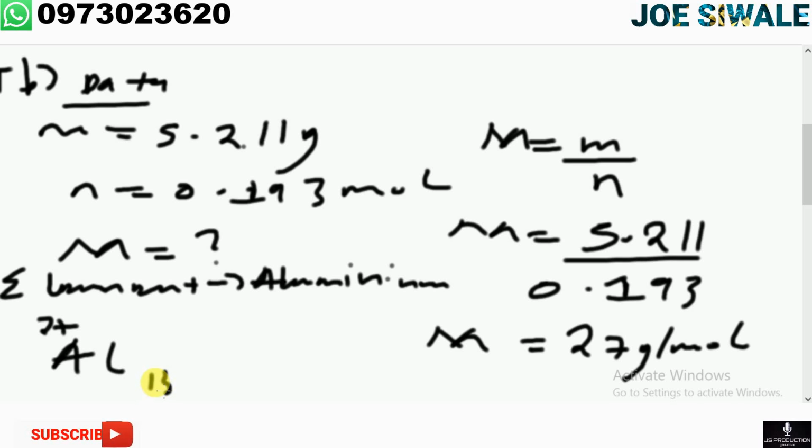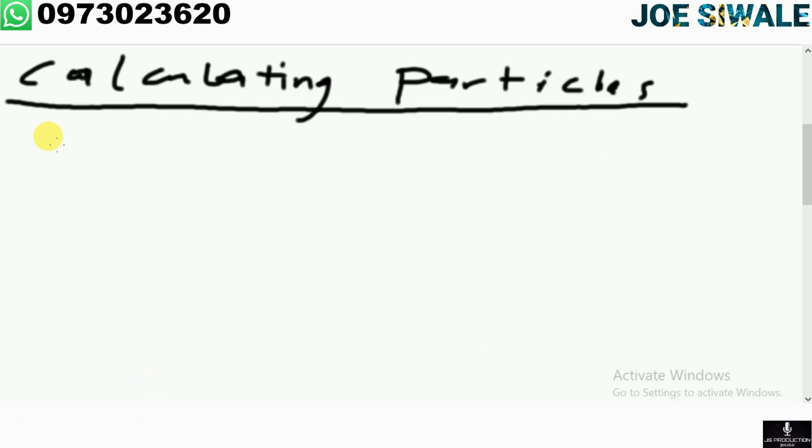Let us look at the other thing, which says calculating particles, which is on page 13. So we're going to proceed, and now we're going to look at how you can calculate particles, and this is on page 13. So the formula that you use when calculating the number of particles, you say x is